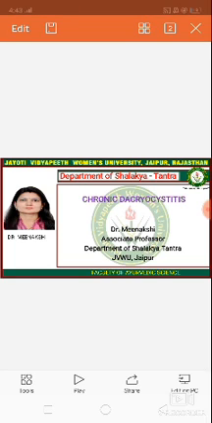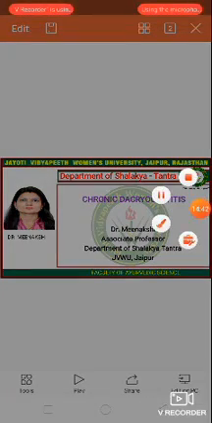Then we come to the differential diagnosis. Congenital dacryocystitis needs to be differentiated from other causes of watering in early childhood, especially ophthalmia neonatorum and congenital glaucoma. Then we come to the complications of the congenital dacryocystitis. When not treated in time, it may be complicated by recurrent conjunctivitis, acute or chronic dacryocystitis, lacrimal abscess, and fistula formation.